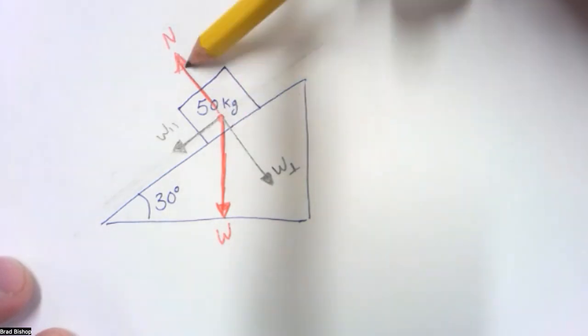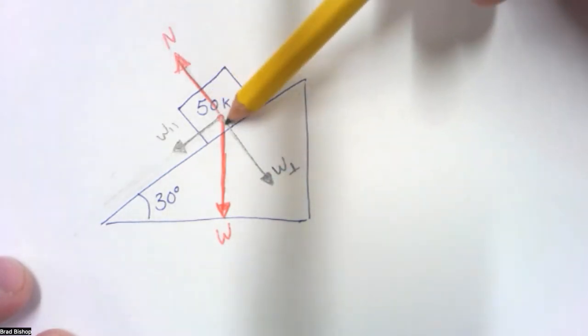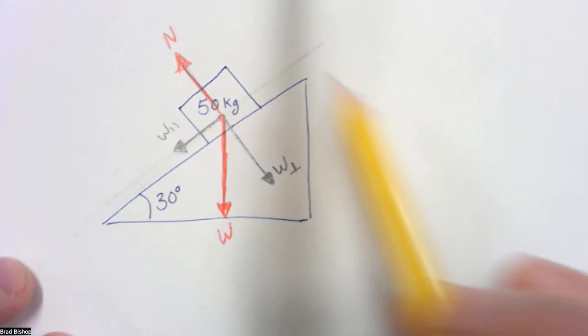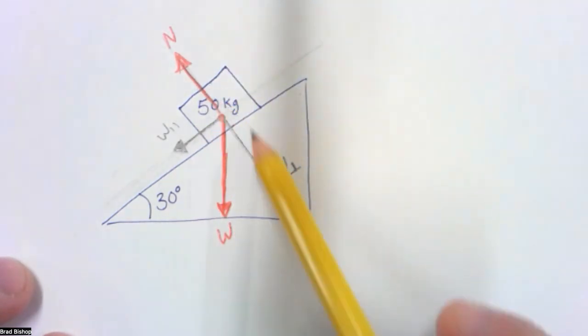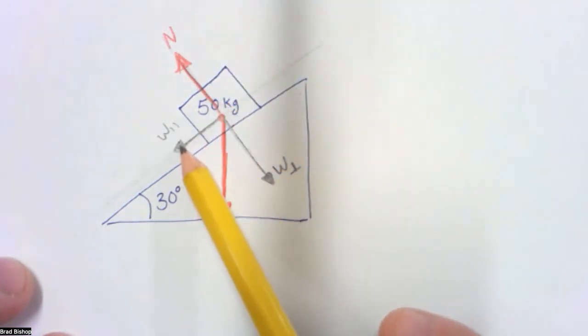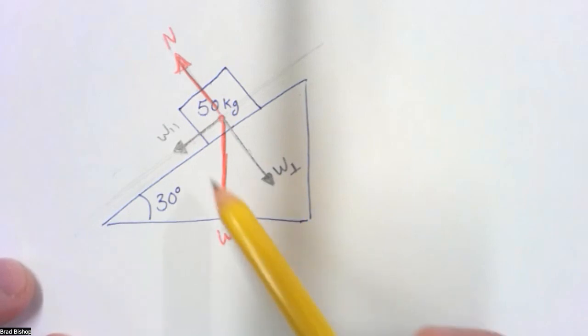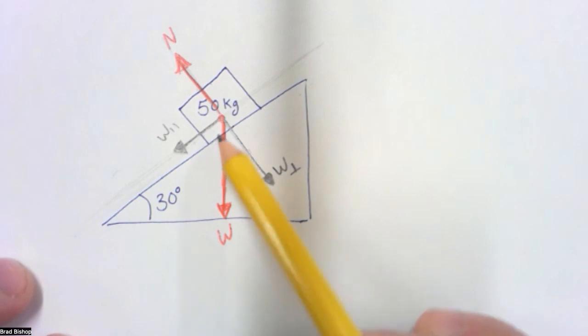And our y-axis, or our perpendicular axis, being right here, where now normal and weight perpendicular are combined together with each other. Great. Well, that simplifies the problem down a little bit, but how do I find weight parallel and weight perpendicular? Well, if we look at geometry a little bit, you should be able to see